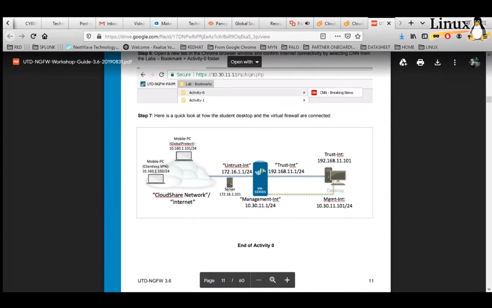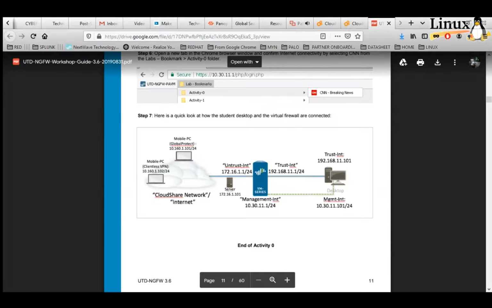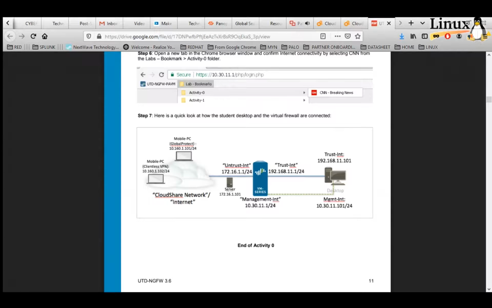The trust network is 192.168.11.1/24 for the internal facing interface on the firewall, and .101 for the PC, and all these other nodes here for the Global Protect.